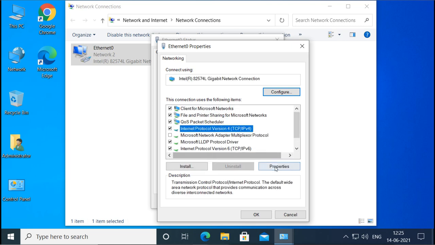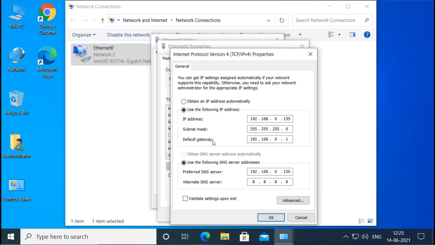So IPv4 settings, properties, and this is not the same network, so I will change the network IP here. Our network IP is 16, and the domain controller's IP is 16.0.0.1. Within the network this machine's IP could be any, so I'll go with 2.